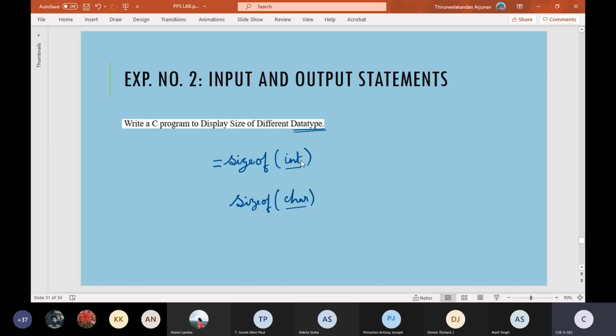And to catch that, we need to use another variable. It will always return a number only, so we can very well catch it in one variable of type integer. So you declare an integer variable val. Val is equal to sizeof int. It will return some number, and that number can be captured in this variable val. Similarly here also, sizeof float.